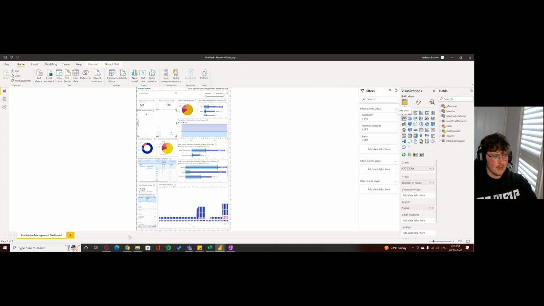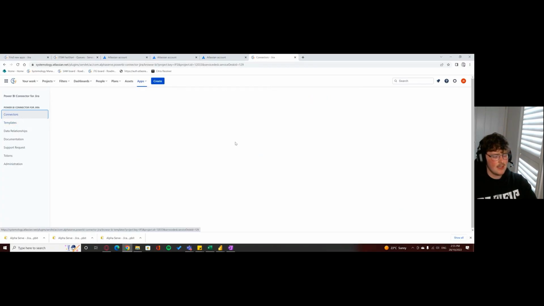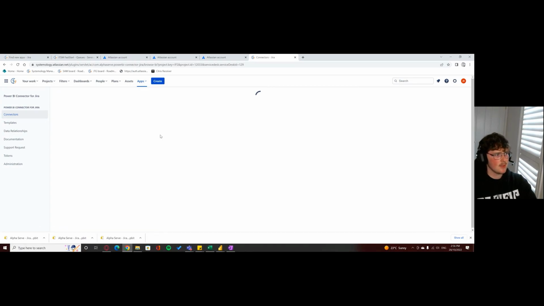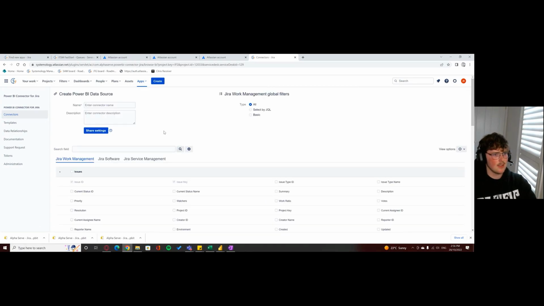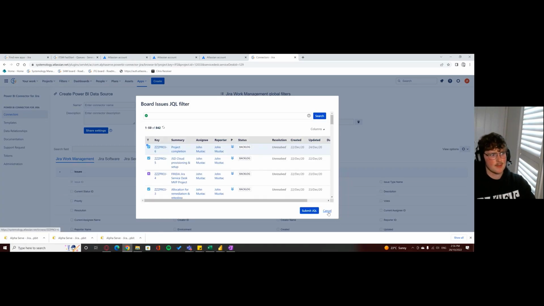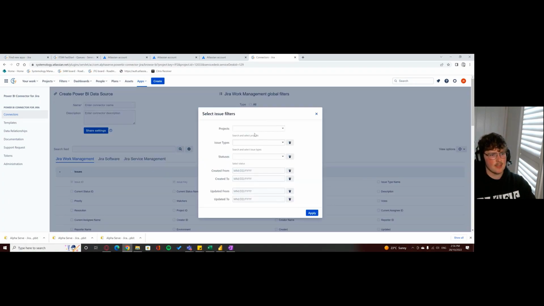But if you did want a fresh report, how's that done? So we click through to connectors. This is slightly more intensive and slightly more controlled compared to templates. Template seems to be sort of a bulk export of data, whereas with connectors you can select one single issue if you like. So with the JQL queries, if you use any Atlassian products or specifically Jira, you know about JQL. You can filter down with JQL. I prefer this issue filter because it's a little more